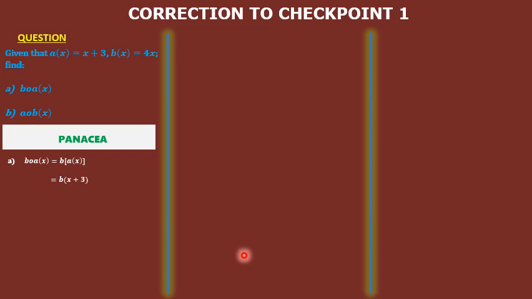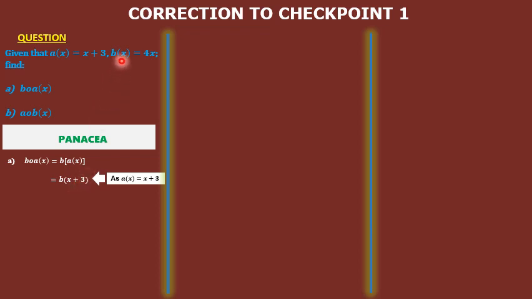So what does that mean? It simply means a of x, which is defined as x plus 3, we slot it in here. So this expression becomes b of x plus 3. The reason why you're having x plus 3 here is because a of x has been defined as x plus 3. Now, what next? We now have b of x plus 3. The output of a of x is already x plus 3. So this output, which is x plus 3, we are now going to set it as the input for